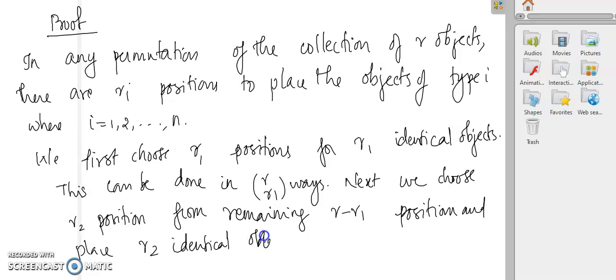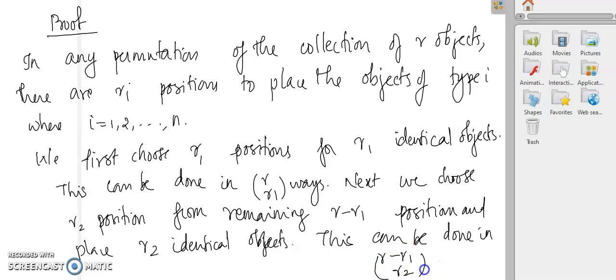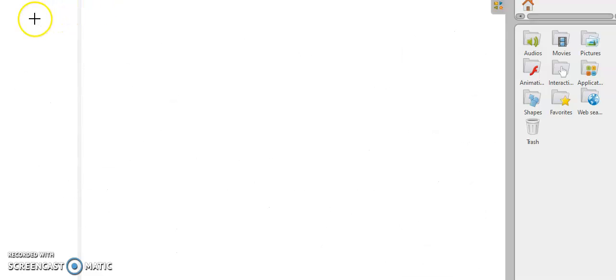So this can be done in, so we choose R2 positions out of R minus R1. This can be done in R minus R1 C R2 ways. Now the remaining, R3 objects, we can place in the R minus R1 minus R2 positions. So continuing this way,